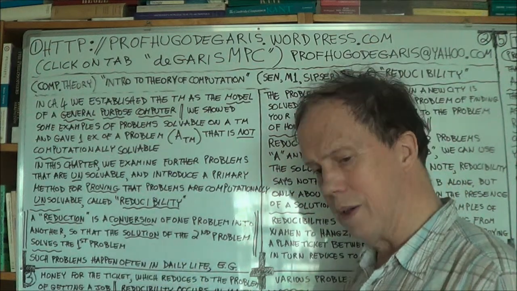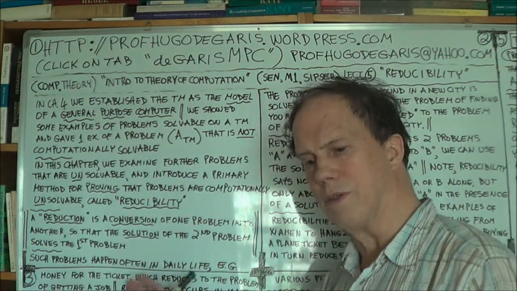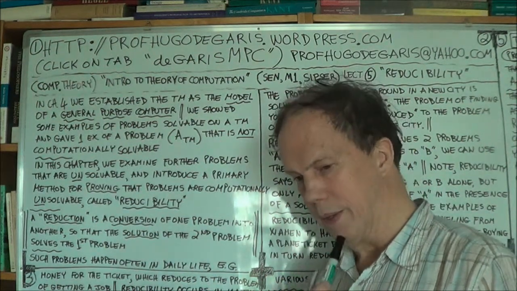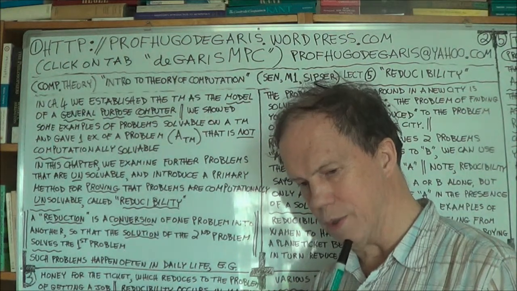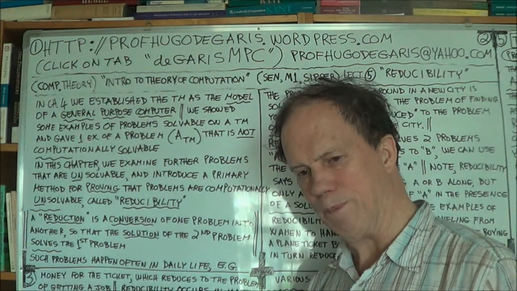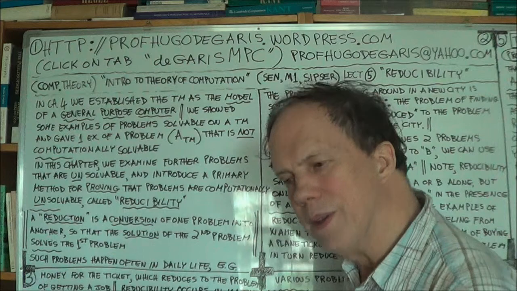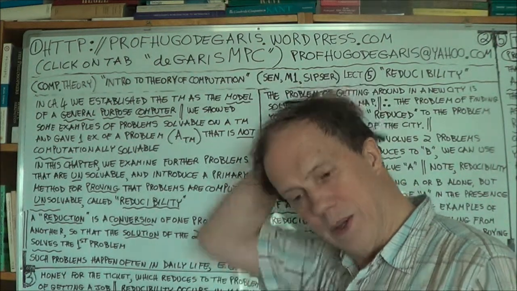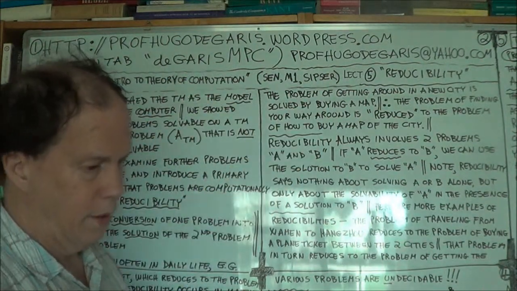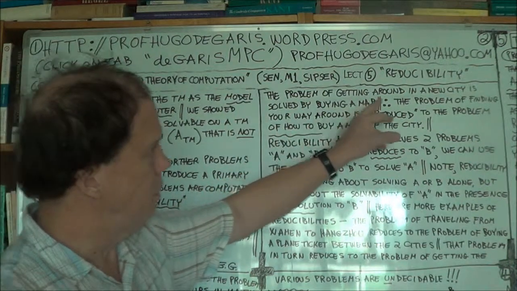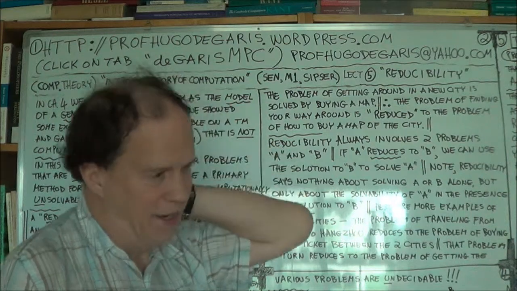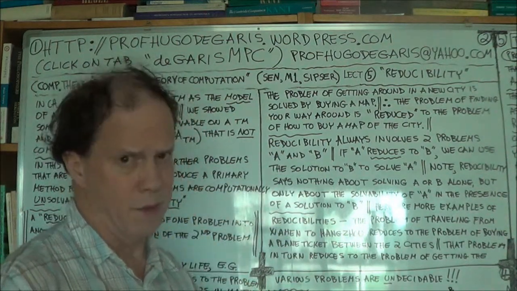Now, doing this kind of thing happens in daily life. So we'll give some analogies now of reducibility of one problem to another, so that the problem you're trying to solve, problem A, gets solved by reducing it to problem B, and you already have the solution to problem B, so that allows you to solve problem A. Well, for example, say your problem A, if you like, is you're in a new city and you're trying to figure out